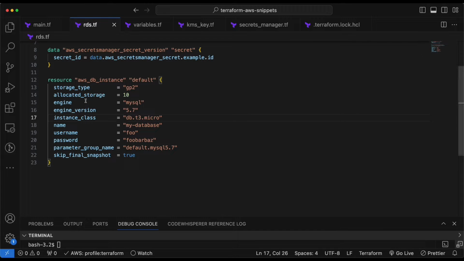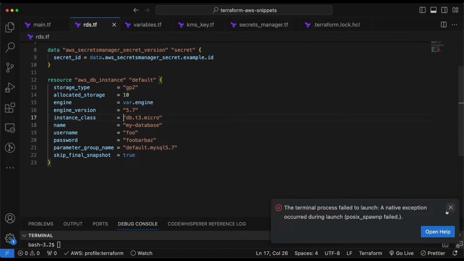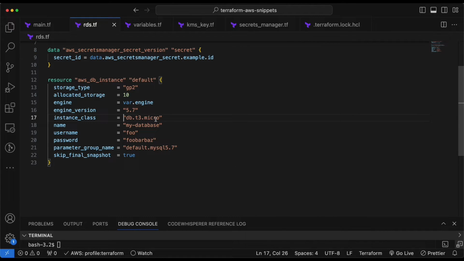Now go back to the engine here, so make sure you simply replace that by var.engine. So we should automatically get the MariaDB engine, right? And now